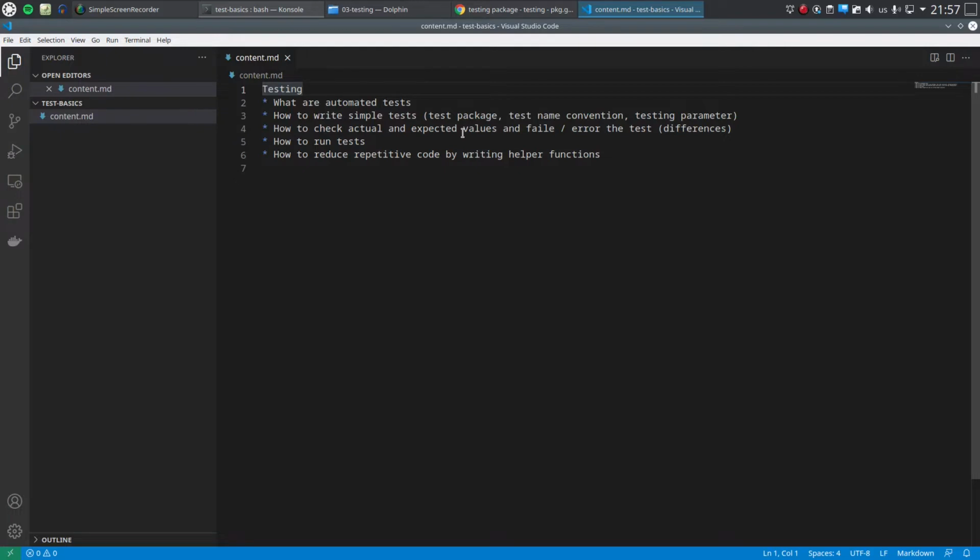Today we're going to talk about testing. Testing is a rather important and big topic. We will look at different aspects of testing essentials. We will talk about what tests actually are, especially automated tests, why you should write tests, and why it's important to have them. We will write some simple tests for